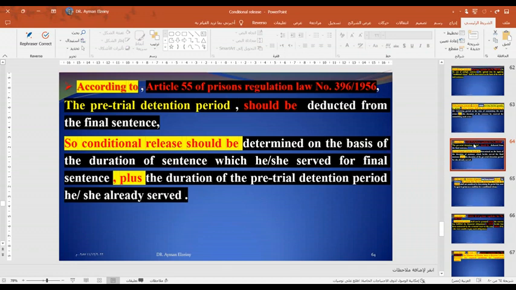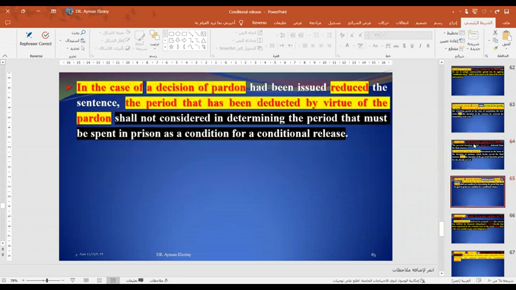So the pre-trial detention period should be deducted from the final sentence. Conditional release should be determined on the basis of the duration of the sentence which the inmate may serve for the final sentence, plus the duration of the pre-trial detention period he or she may already have served. In the case of a decision of pardon,